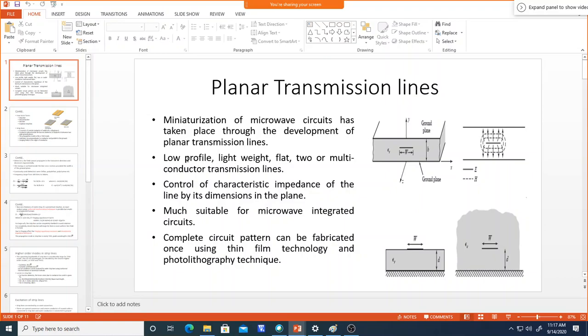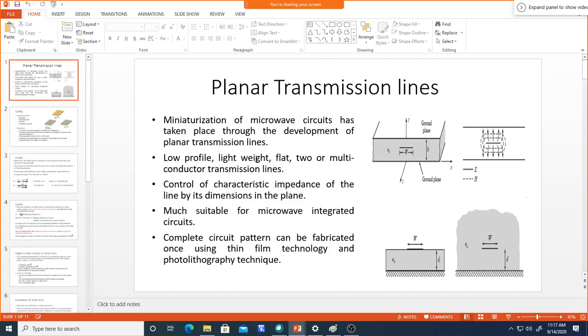And what are the advantages? It will be very low profile. You might know the PCB, what the size of it will be. You can cut it to 30 mm by 30 mm or 20 mm, whatever you want. Based on that you etch the pattern or circuit, and you can cut the PCB and make it low profile. You might have seen the thickness of the PCB material; it may be around 1 mm or 2 mm. So that's why this becomes very easy for fabrication of microwave circuits.